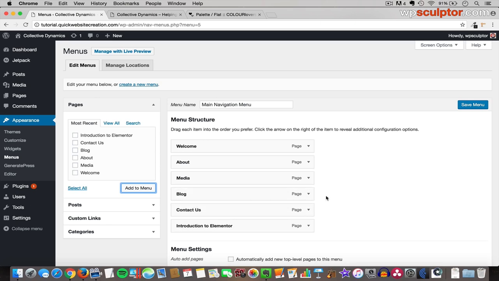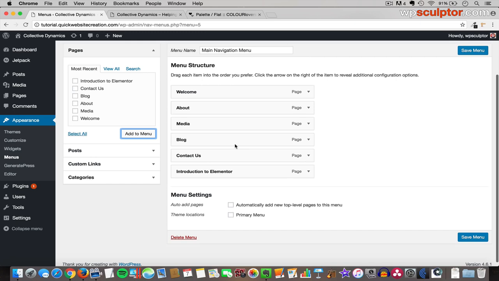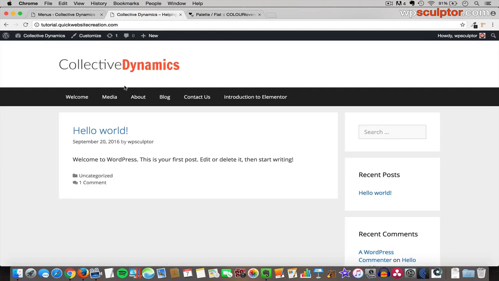All right, and then let's go ahead and scroll down, and you do need to assign your menu. So we created this main navigation menu. Now we need to assign it to a theme location, and different themes will have different theme locations. The GeneratePress theme has one primary menu theme location, so we need to check the box there. And now let's click on Save Menu,